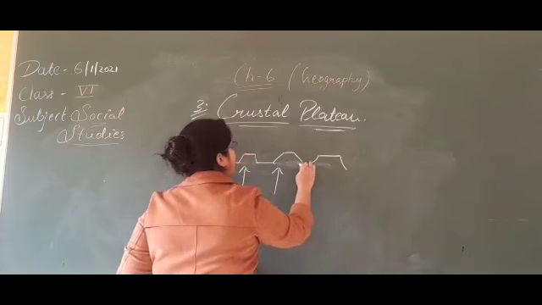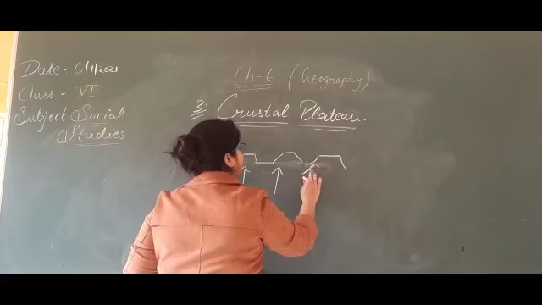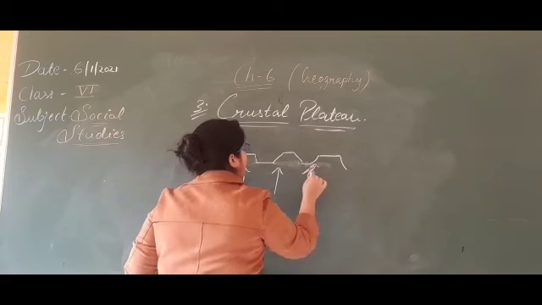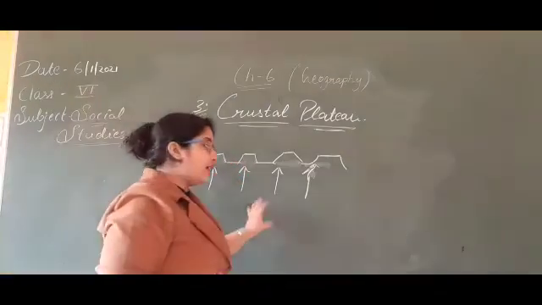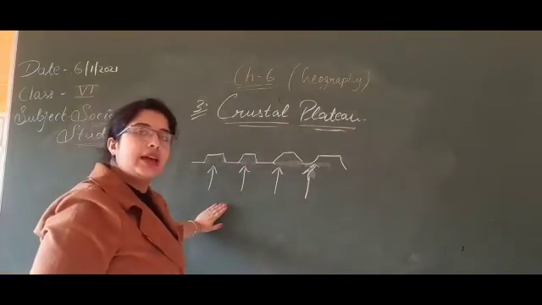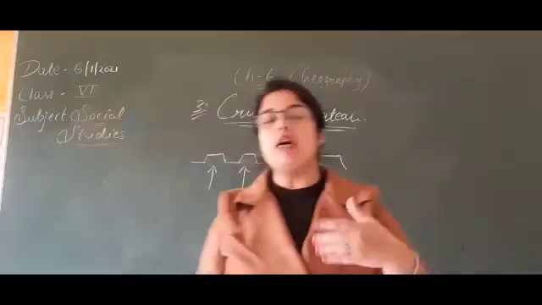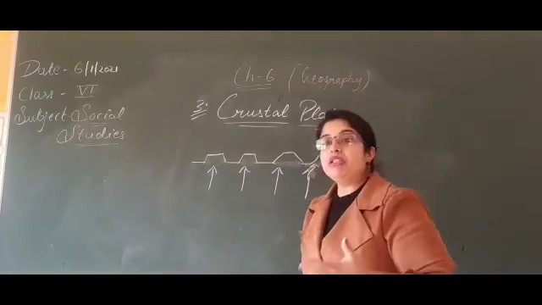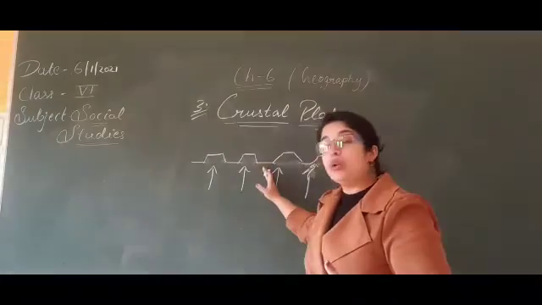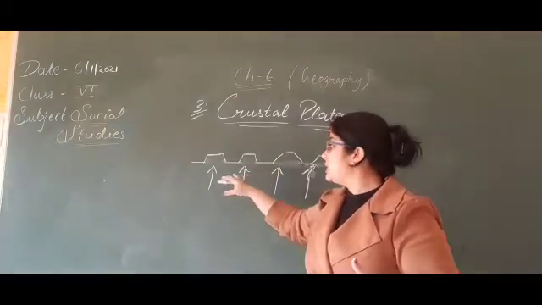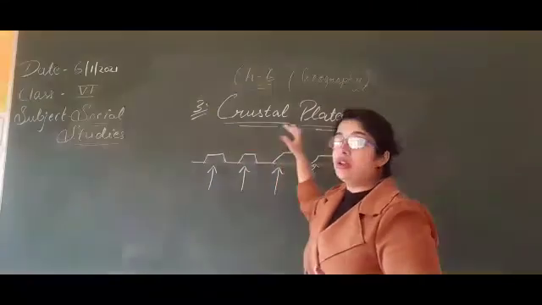They pressurize to come out, but they are unable to break through. From the crust area, the plain area, the gases and magma pressurize and want to come out, but are unable to break out of the earth. Then these types of plateaus are formed. This is known as a crustal plateau.